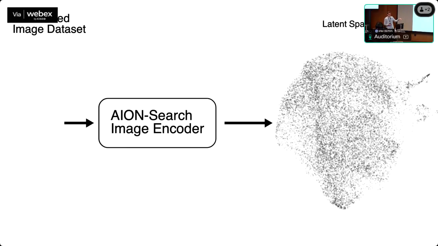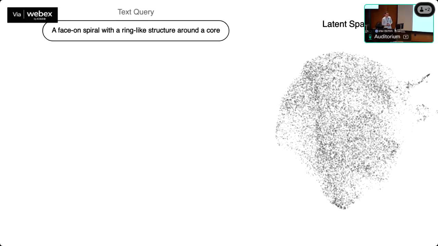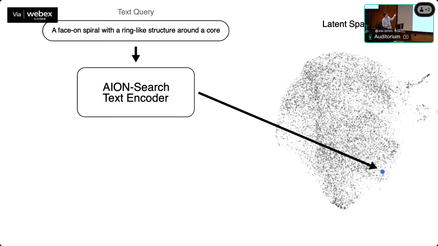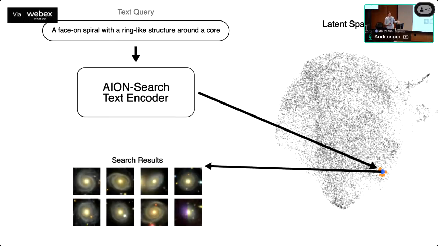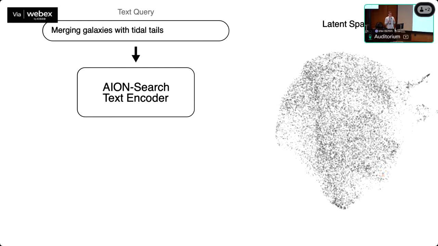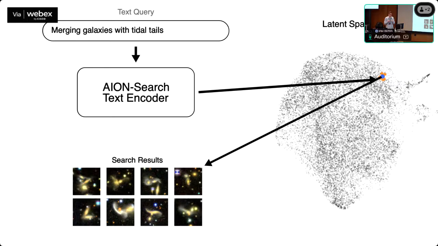And in that space, the images are accessible from text. So you can then project a text query into that space and then find the nearest images. You're just doing cosine similarity between your text query and the closest images around it. And the ones that should come up are the ones that match your query, theoretically.